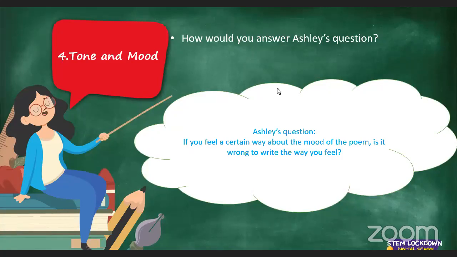The reason why you do poetry, as we said earlier on, is for you to develop creative and critical thinking skills, for you to come up with your own answers and be able to support your answers. So don't depend on the teacher's answers. You need to learn to read the poem and explain what you've read, as long as you're able to support your answer. Let's just talk about this quickly.